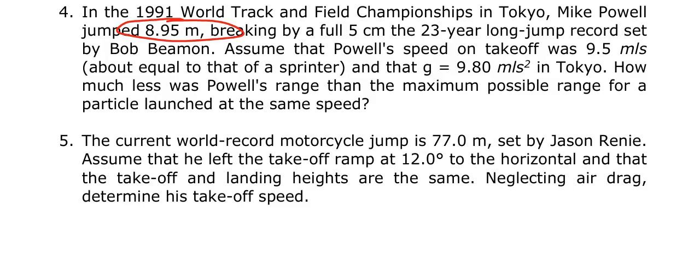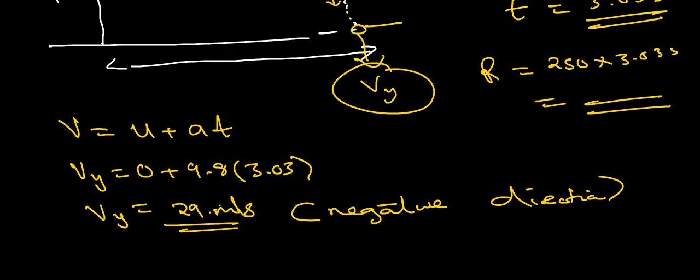So Bob had 8.9. So assume that Powell's speed on takeoff was 9.5 meters per second, about equal to that of a sprinter, and that g is this. In Tokyo, how much less was Powell's range than the maximum possible range for a particle launched at the same speed? So question 4, Mike Powell achieved a range of